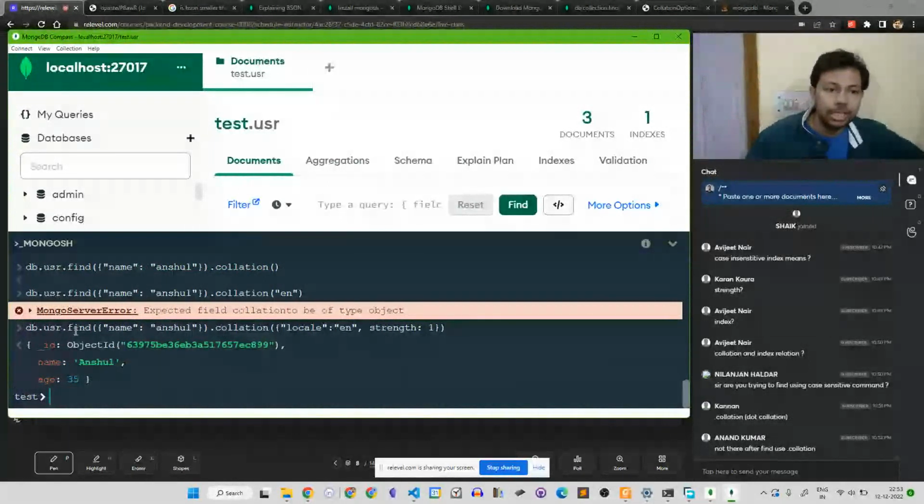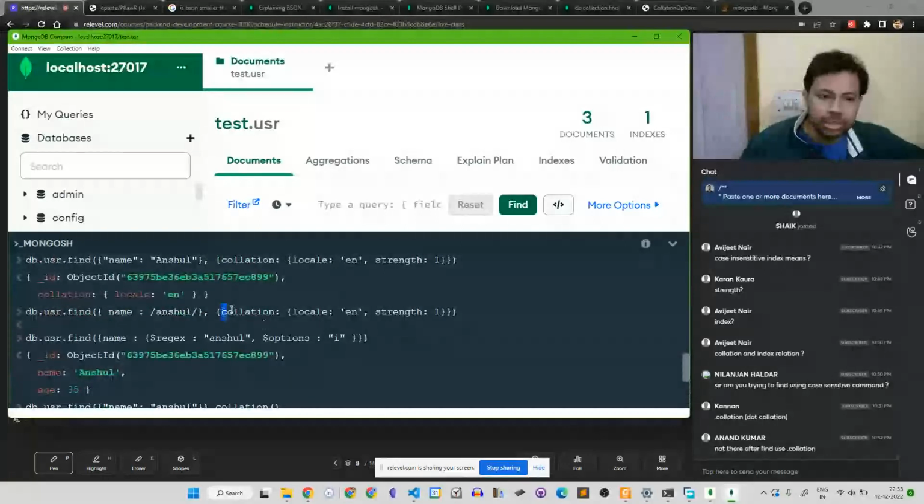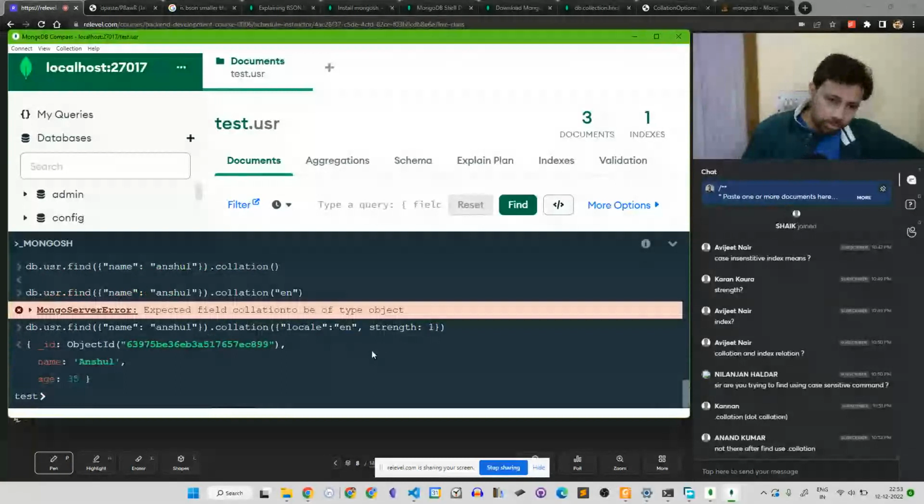So that's how you can use collation here. Previously you could have used collation directly inside the find function, but right now this command is not working. So you have to use collation outside.